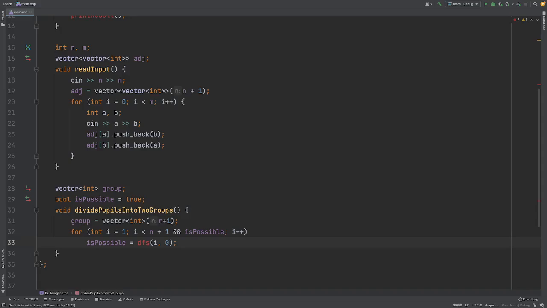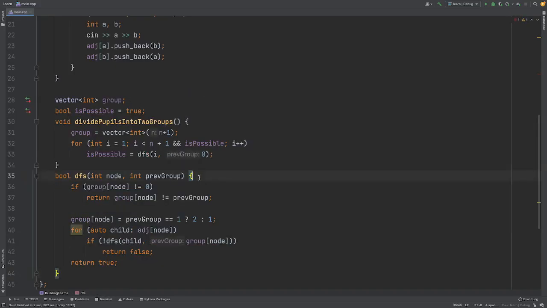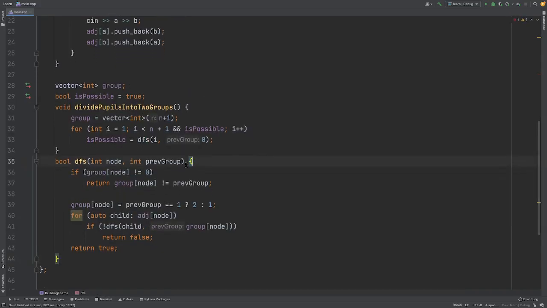So our depth first search function is pretty straightforward. What it does basically is if we've already visited a node, then this should not be 0. In that case, we want to make sure that the group of that particular node should not be the same as the previous group. In that case, the answer is impossible.